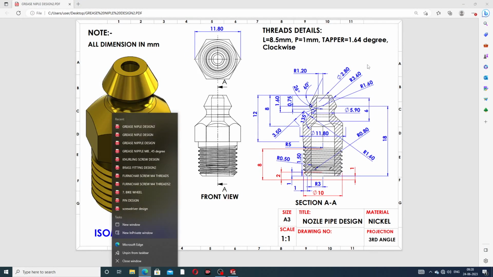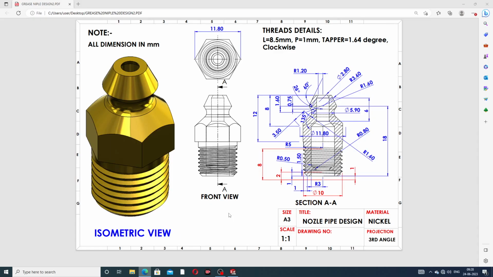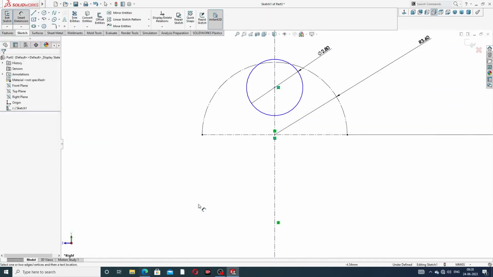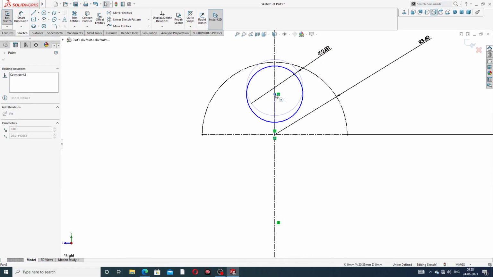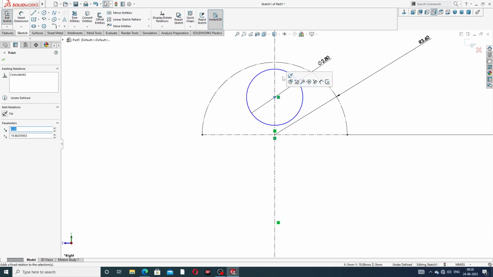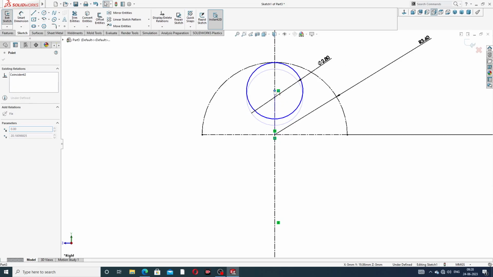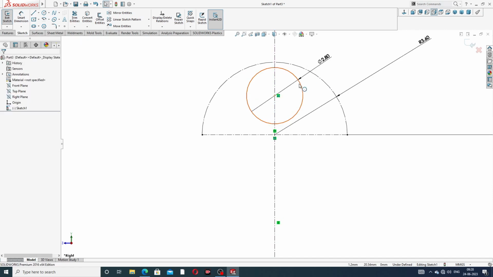Okay, this diameter is 2.8, and also use construction. Okay, this is perfect,